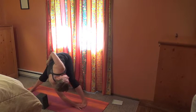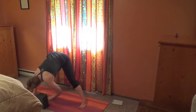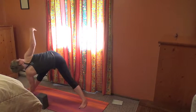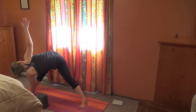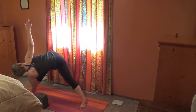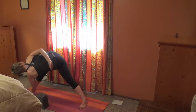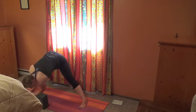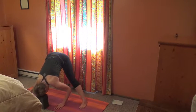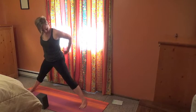You could try a little bind where you kind of flip it behind you. And bring it back center and walk your fingers over to the other side, to the right side. And your other arm comes up nice and high to a good spinal twist. You're twisting your spine at the same time as you're getting a good stretch in the back of your legs. And bring it back center, hands on your hips, flat back, pushing into your heels to stand up nice and